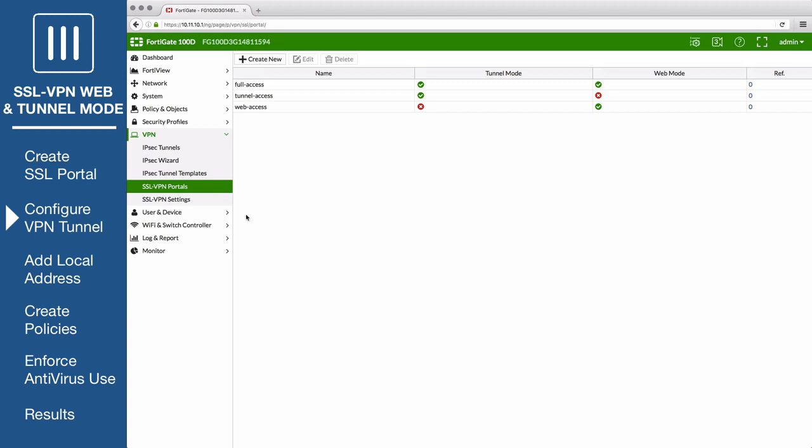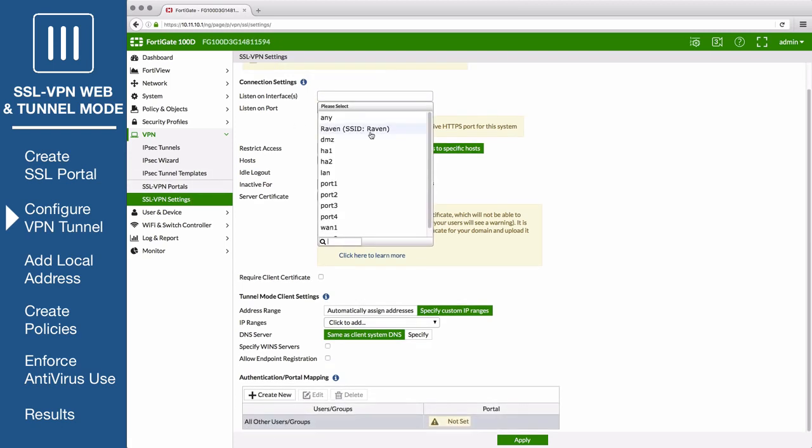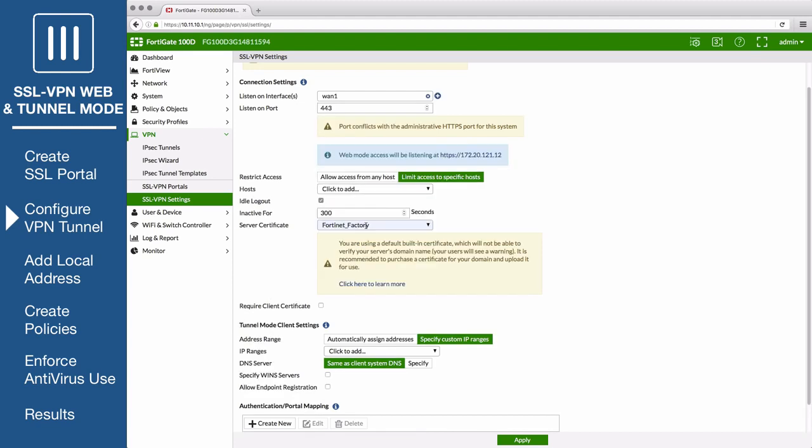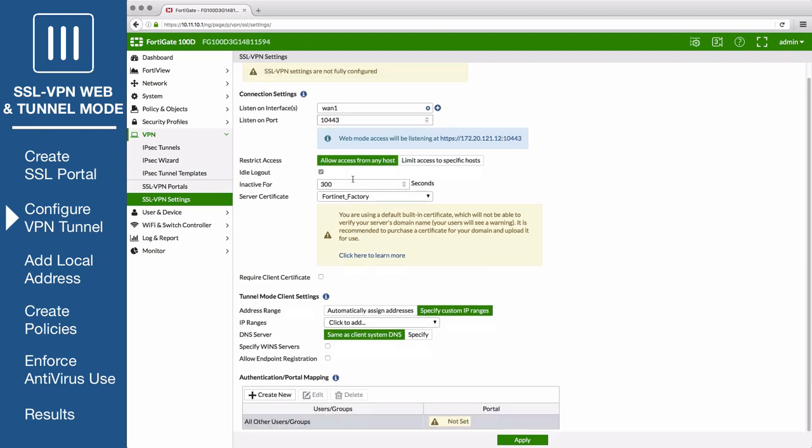Next, go to VPN, SSL VPN settings to configure the VPN tunnel settings. Set Listen On interfaces to your internet-facing interface. To avoid port conflicts, set the Listen On port to 10443. And set Restrict Access to allow access from any host. In this example, the Fortinet Factory certificate is used as the server certificate. It is, however, recommended that you purchase a certificate for your own domain and upload it to use with your